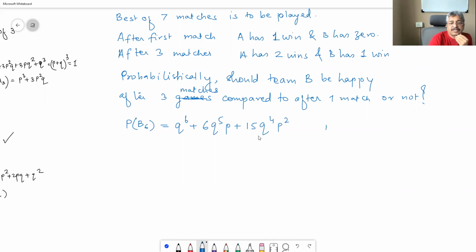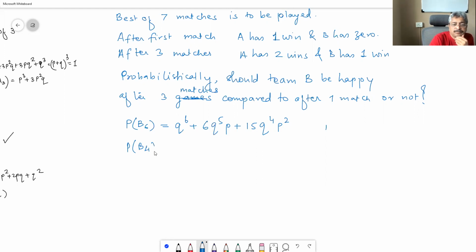Correct? They must get 4 wins total. Q should win remaining 6 matches out of 7 because 1 is lost, or 5 matches or 4 matches in the remaining 6 matches. So this is the probability of Q winning more than 4 matches after first game match is over, and probability of B winning